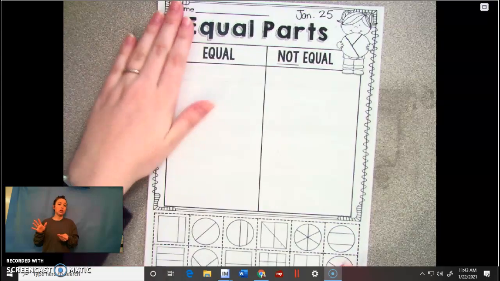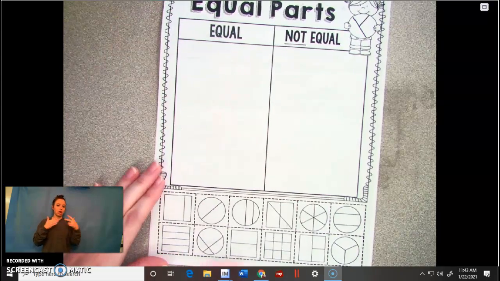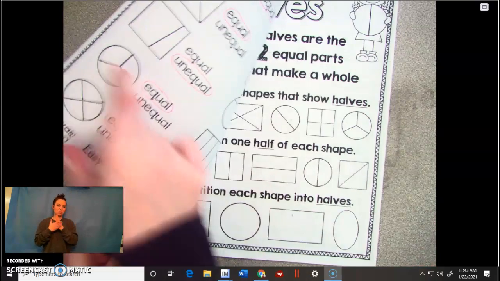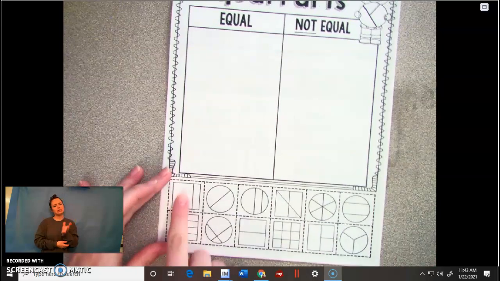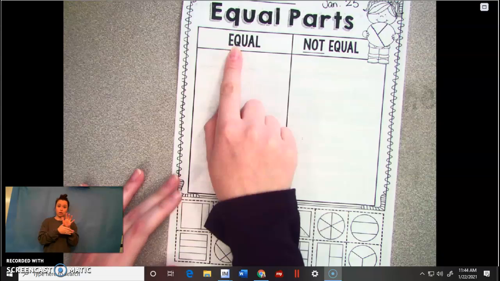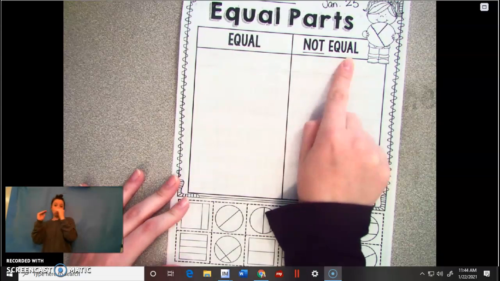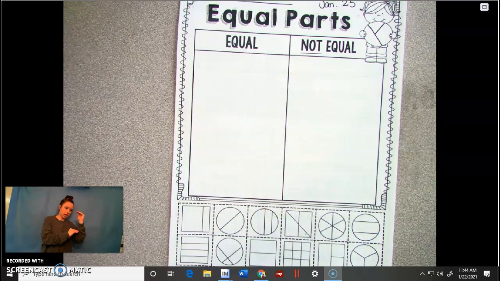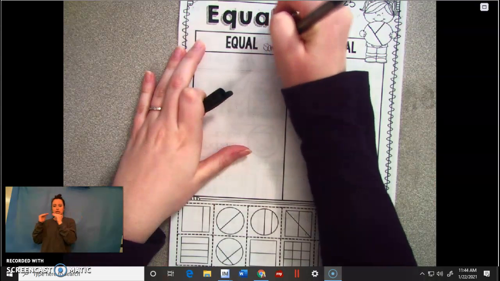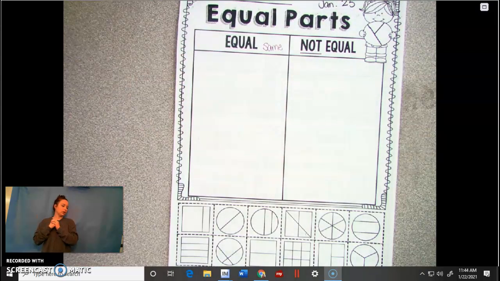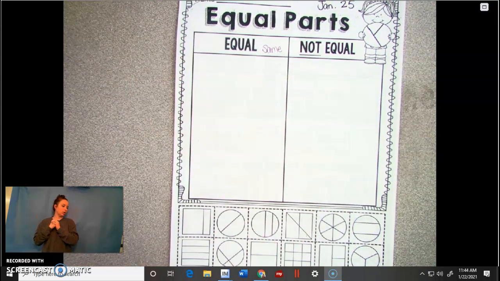And this side, you're going to cut out the bottom. Make sure you've done the other side first, because when you cut it out, it's going to cut out part of this page, and that's okay. So you're going to cut out these shapes and decide if they are equal or not equal. Remember that equal means the same. So if they're the same size and shape pieces,